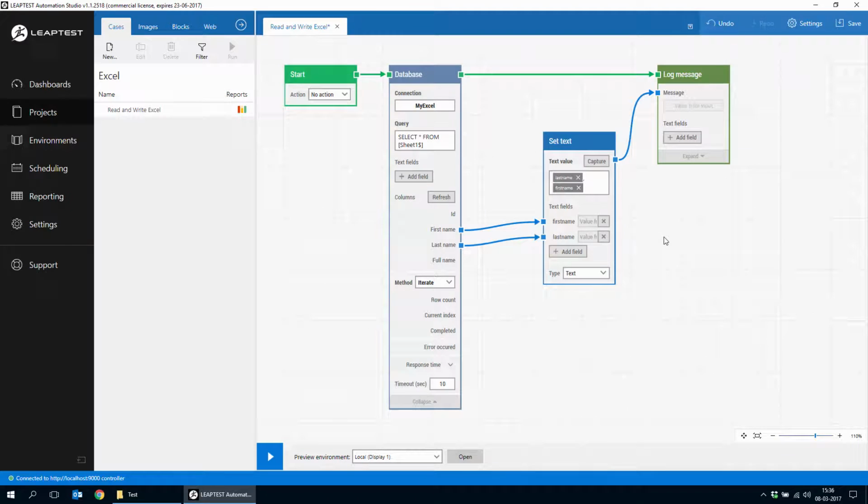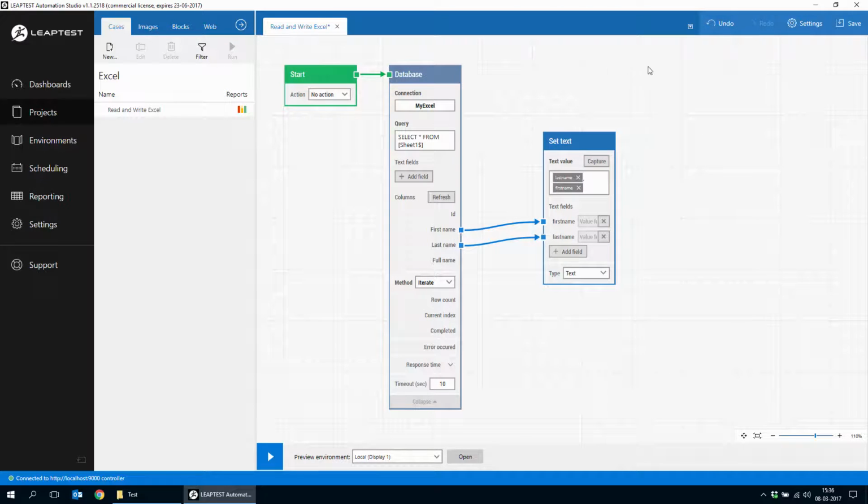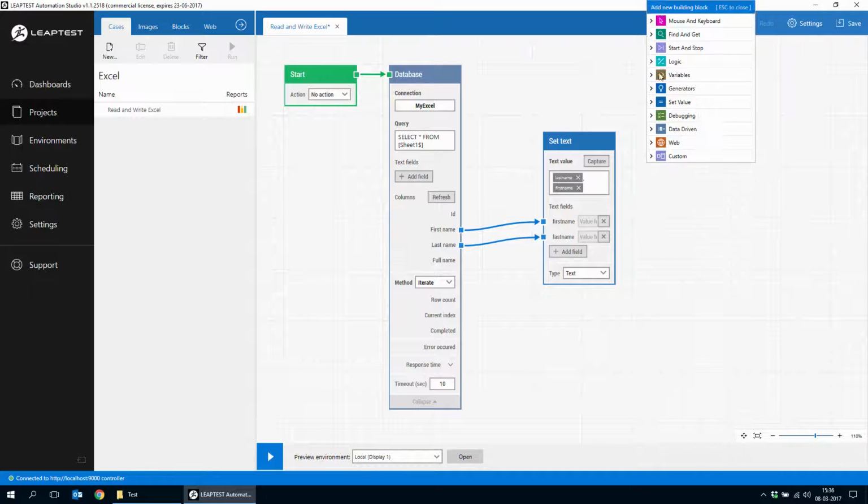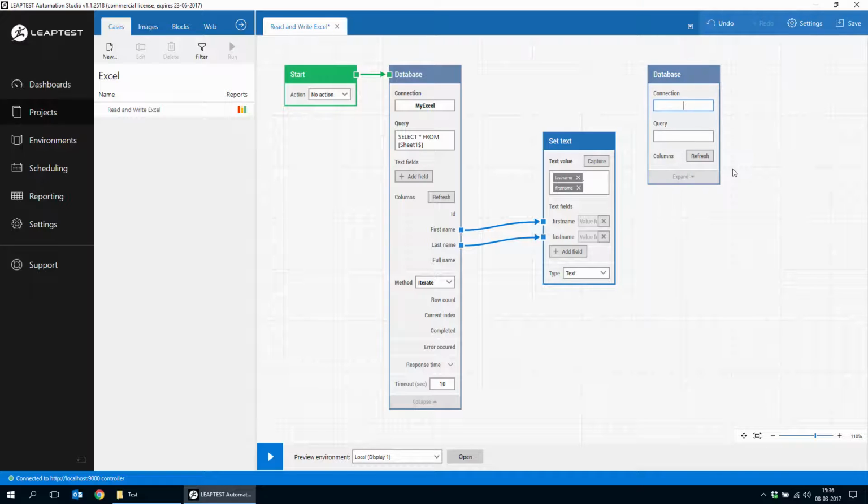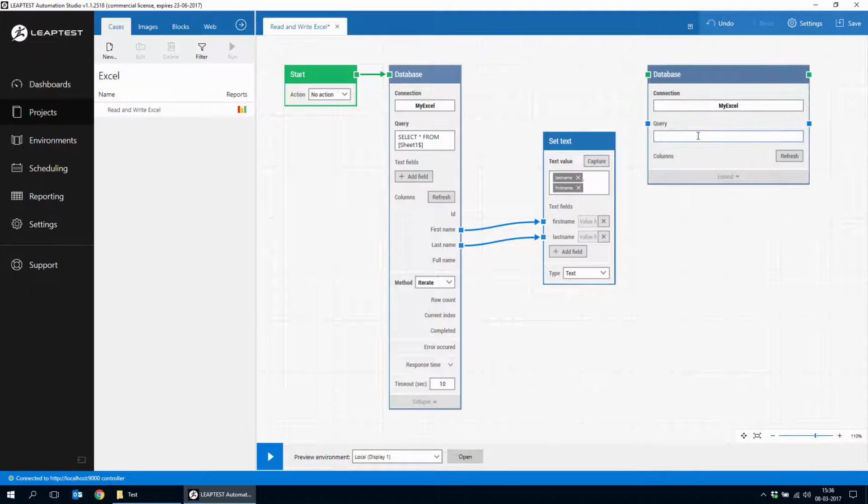Now the final step here is simply to use yet another database block over here instead of a log message block. So we'll just do a database block. Again, create a connection to my Excel. And this time, instead of doing a select, we will do an update statement. I'm just going to make this block a little wider, and then we'll do update Sheet1$